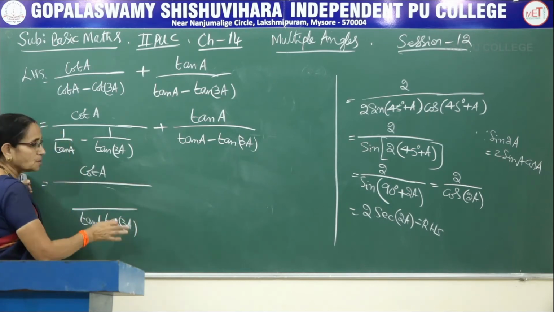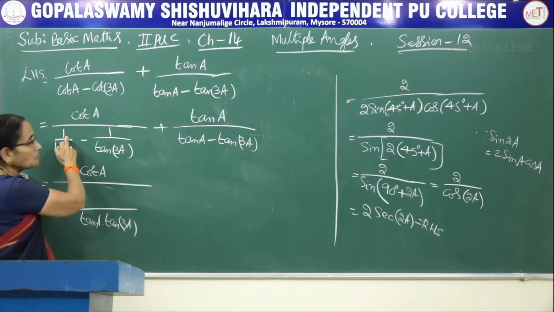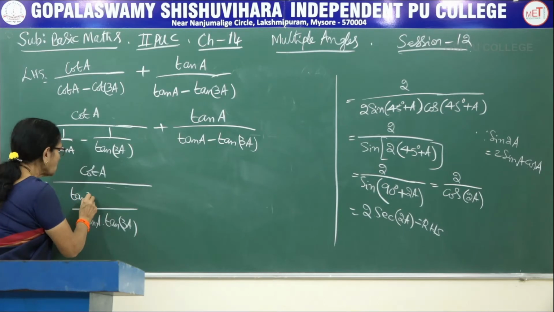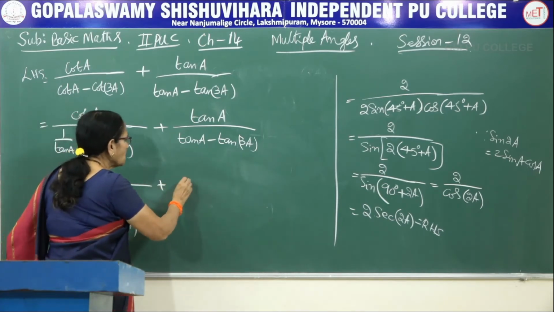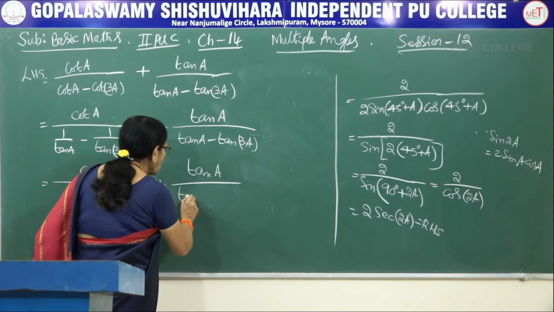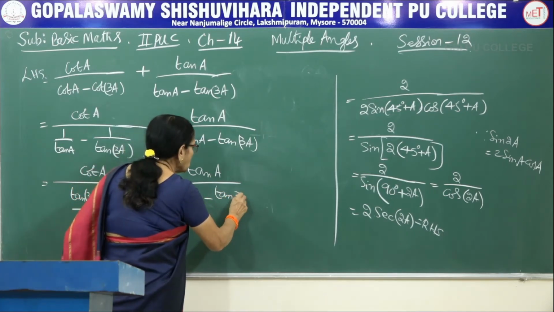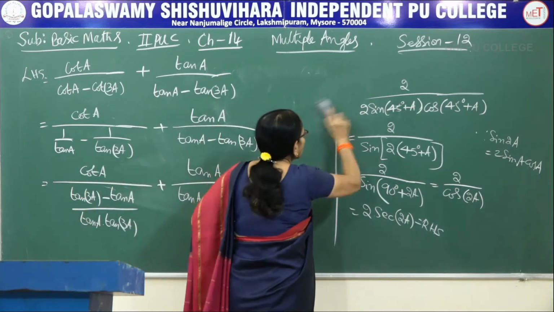Okay. Now, the same procedure. Divide the LCM by this number. Remaining number multiply by the corresponding numerator. So, it becomes tan of 3A, similarly tan of A. Now, second term you keep as it is. Don't make any change in the second term. It is tan of 3A. Now, let us come to the next step.